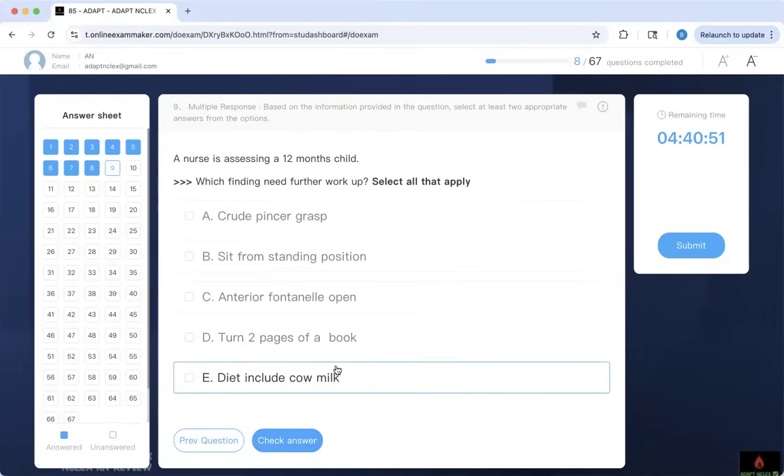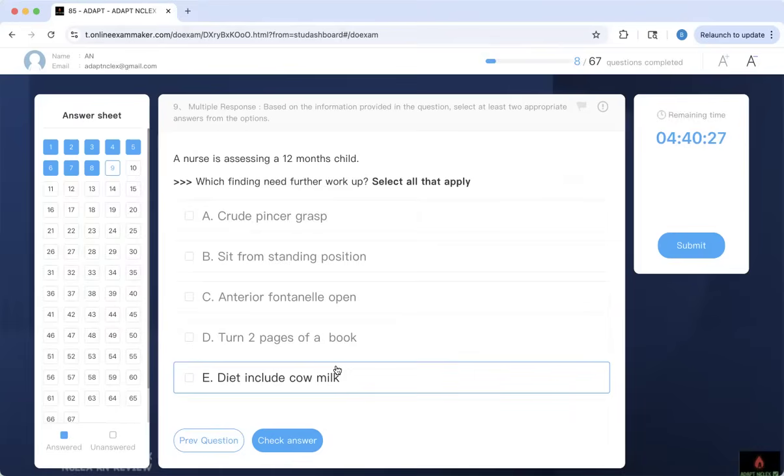And this is assessing a 12-month-old. Like I told you, pediatric newborn is a must. With findings, need further workup. Select or apply. That means growth and development. How do you know them? Check out Dr. NCLEX, a bunch of videos with mnemonics to make it as easy as possible. Which of these should